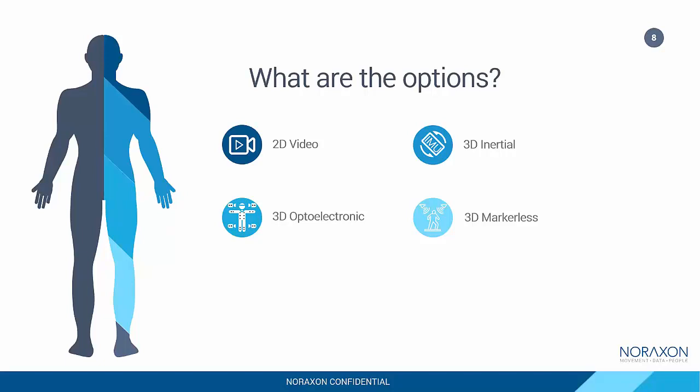Some disadvantages, however, include some susceptibility to environmental effects. The 3D inertial systems tend to operate with a magnetometer which registers where magnetic north is and uses that as one of its inputs to provide that orientation that we had discussed earlier as part of the data set needed for a three-dimensional system. Of course,